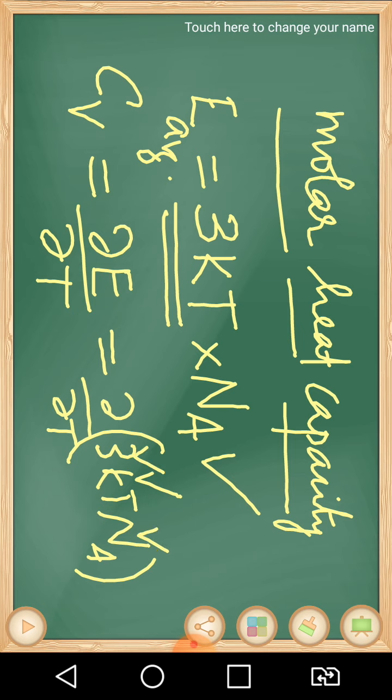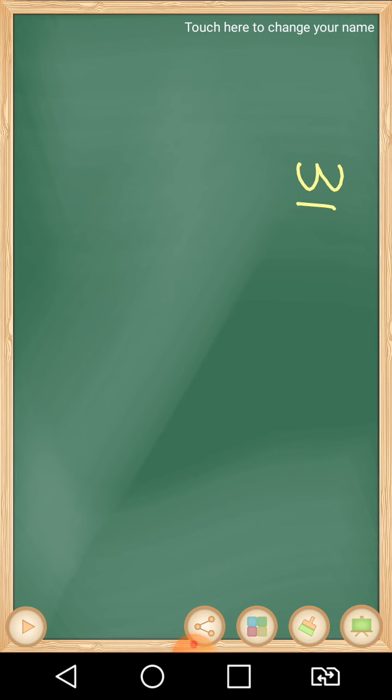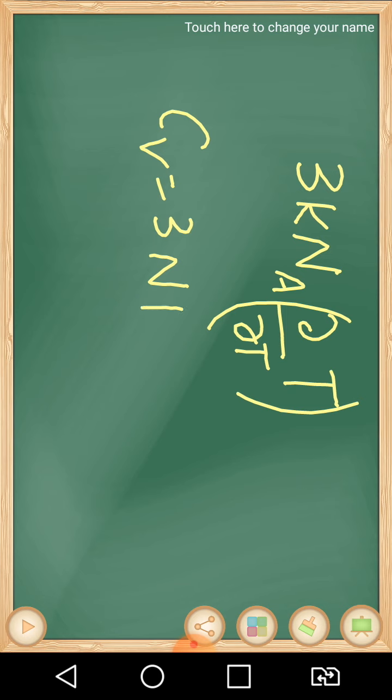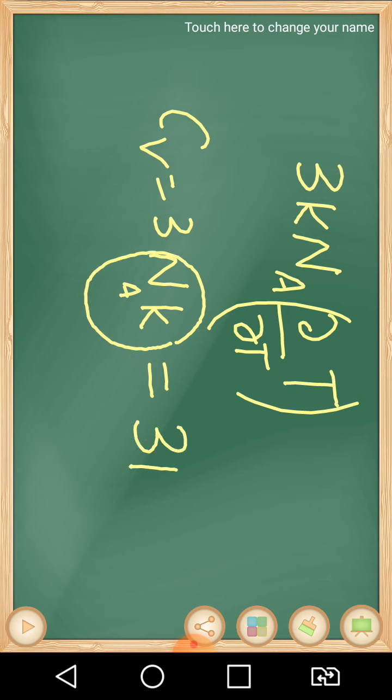Na, Avogadro number is a constant, that is 3 kNa into dou by dou T of T. Dou T by dou T is 1, that is Cv is equal to 3 Nk. N is the Avogadro number, and Avogadro number into Boltzmann constant. That product is the universal gas constant R. So this is equal to 3R or